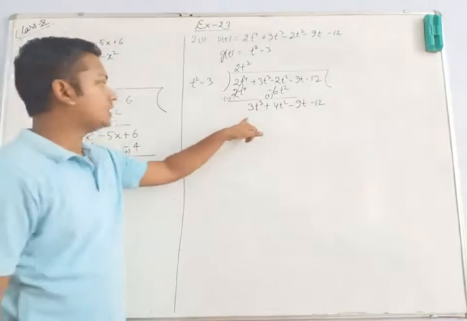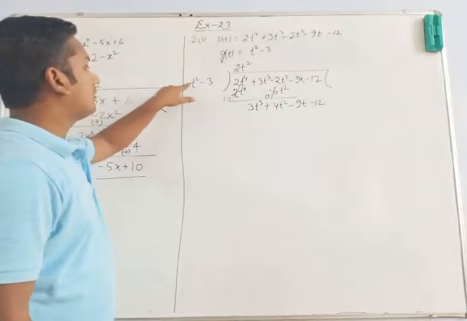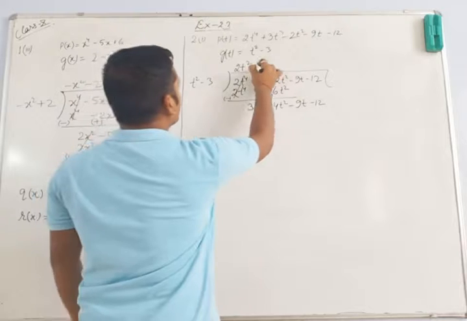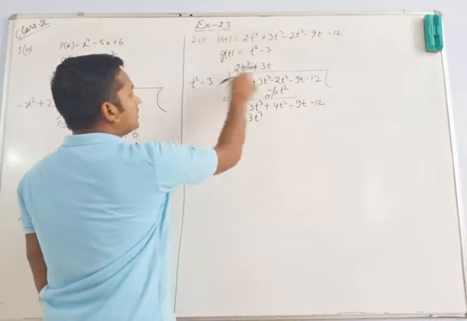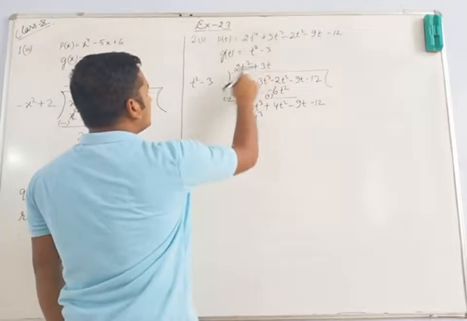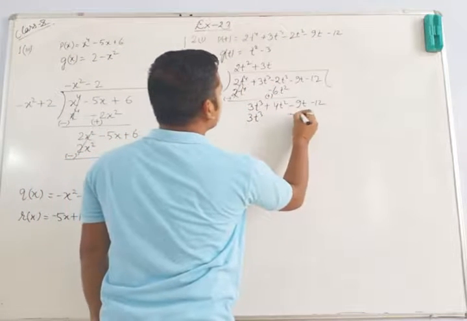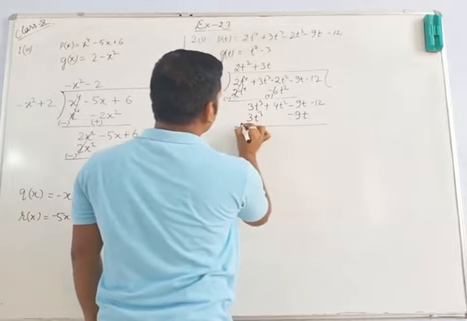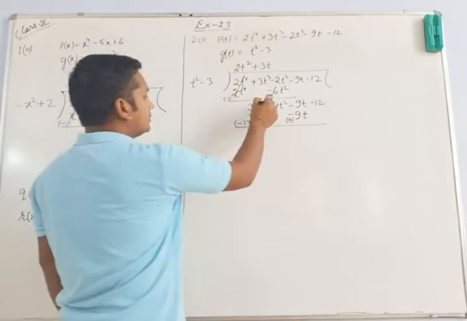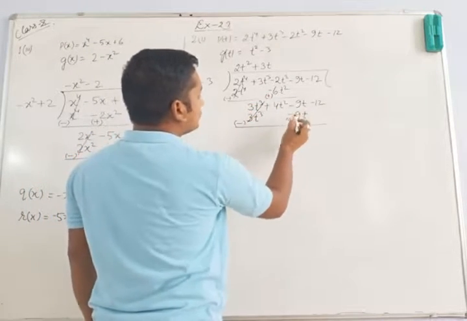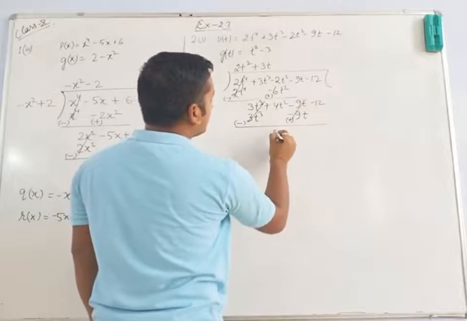Now we have to eliminate this one term. We have to get a t cube, the power of t as 3. Here we are having t square, so we will be multiplying it by 3t, so that we can get a 3t cube. 3 and t square into t will give you t cube. Again, the multiplication of these two will give you 3 3s are 9 and minus 9t. So it will become negative, it will become positive by the sign changing. So these two terms will be cancelled out, and these two terms will also get cancelled, because one is negative and one is positive. So what will we be getting?